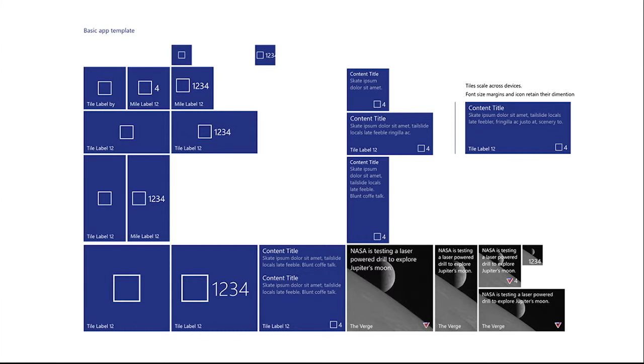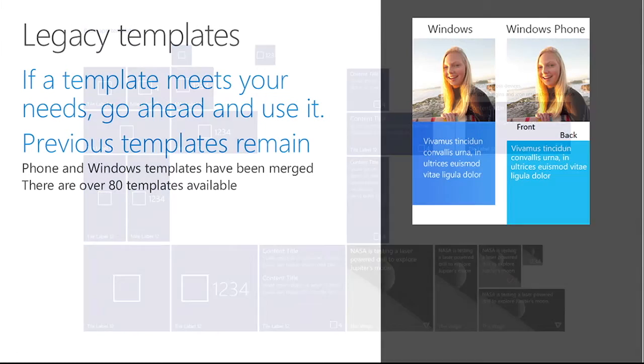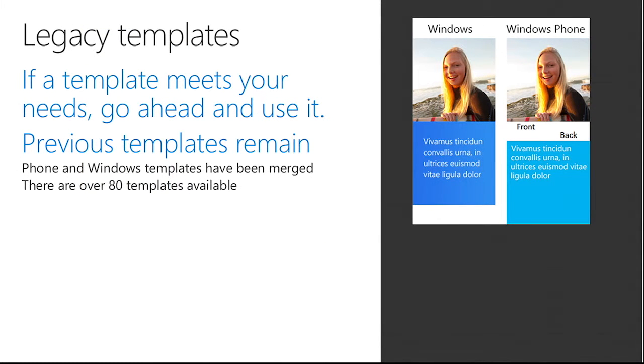Well, we've got lots of variety here. There's lots of different sizes and lots of different ways you can lay out stuff. So the basic app templates give you a feeling for the variety of the different ones that we've got. Now, up till Windows 10, we had a large catalogue of what we now call legacy templates. So there were hundreds of these things. There's so many. People love them, but also hated them. There are so many different styles. There is a style for anything you could possibly imagine. Well, not quite, but